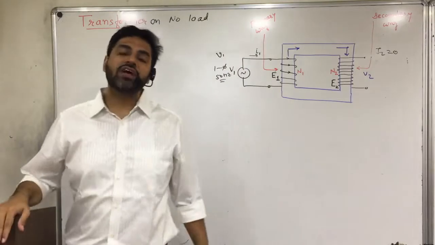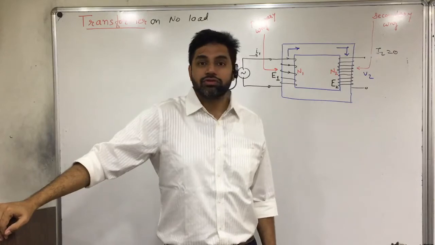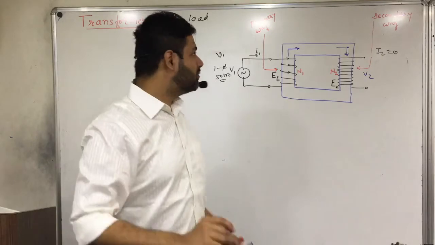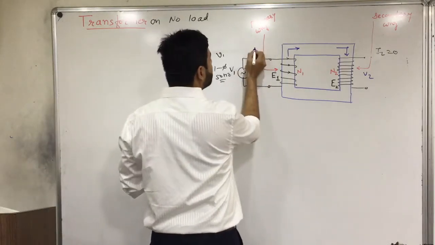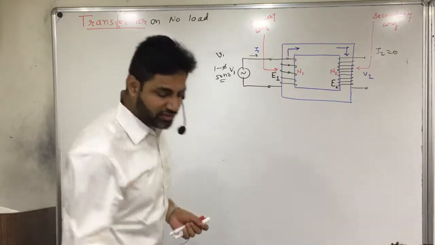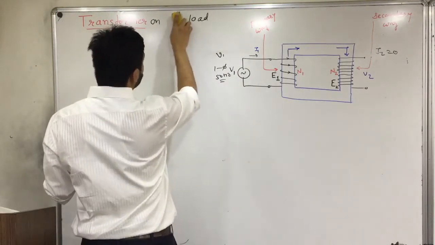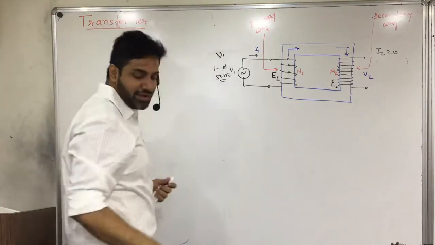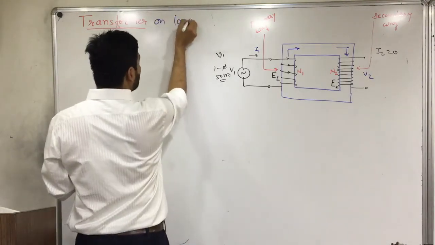Well friends, now we are going to see transformer with some MMF balance. This is a very big term that I'm speaking right now, but I really wish you to understand that when I give supply over here, naturally some I1 current flows, fine, okay. And now I'm going to teach you what happens when the transformer is on load. So when I have transformer on load, what happens?